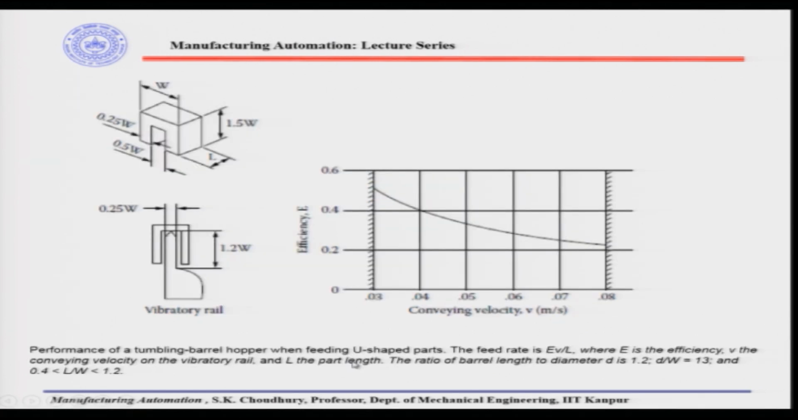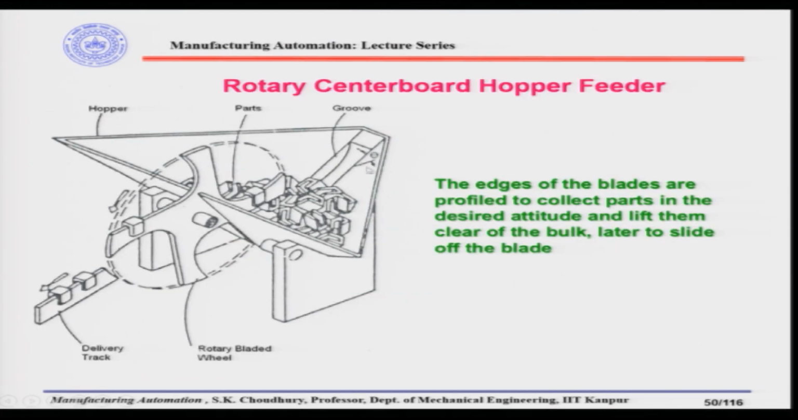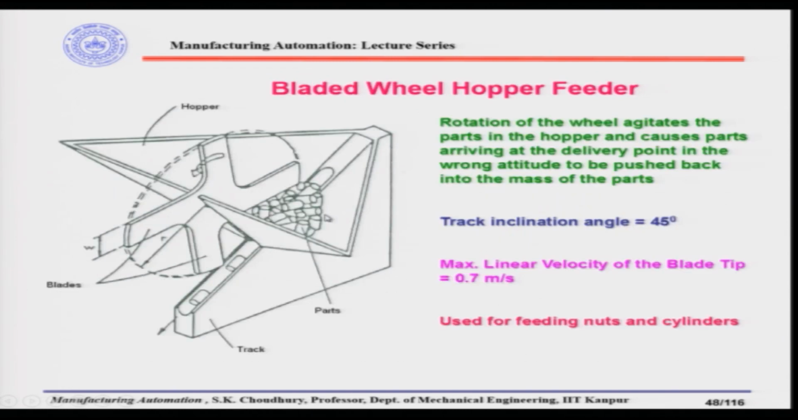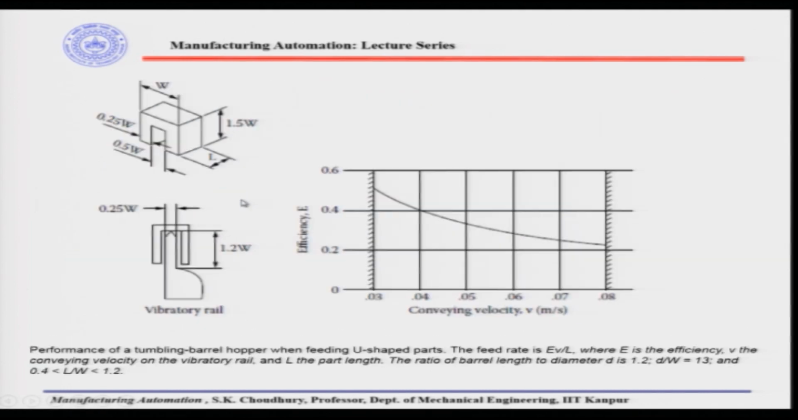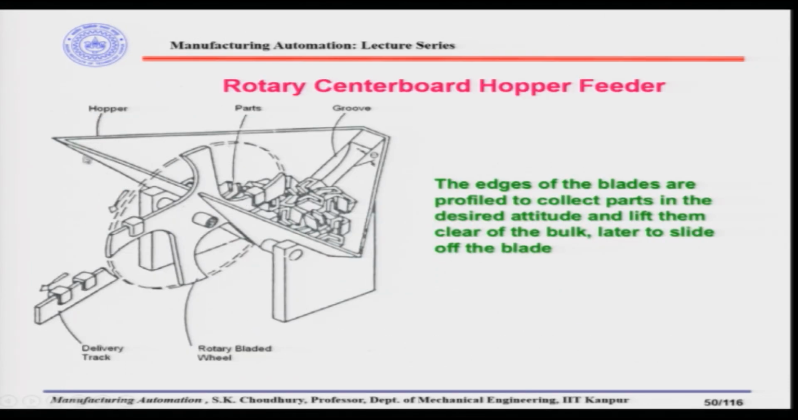Okay. Yeah, this is another center board hopper feeder. This is called the rotary center board hopper feeder, and here the principle is different than the one that we have discussed here, for example. See, they are very similar to that. Look at this once again, bladed wheel hopper feeder. This blade is not selecting the parts, it is agitating the parts. Okay. Whereas, in this case, for example, what happens,